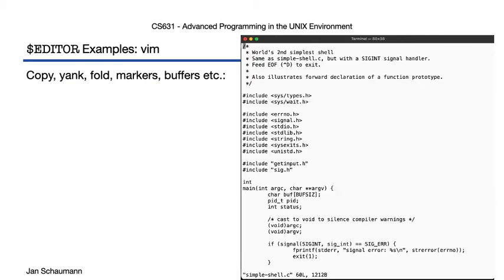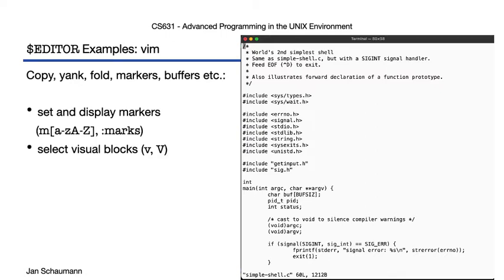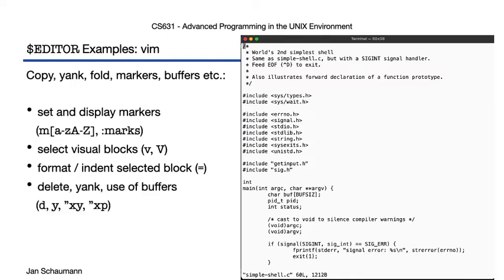Now, with basic motion under our belt, let's cover a few common editing tasks. In order to efficiently jump between arbitrary places in the code, we can set a marker to return to. When we have to move code around, it can be helpful to highlight and select blocks, to indent or format them automatically, and to delete or copy sections into a temporary buffer, and then to pull the code out of